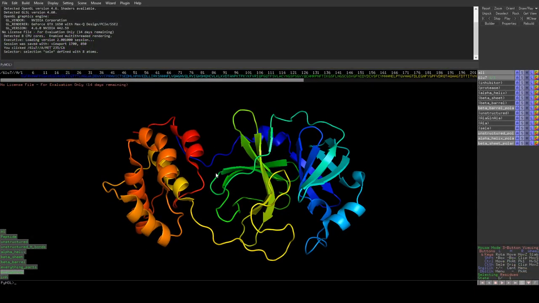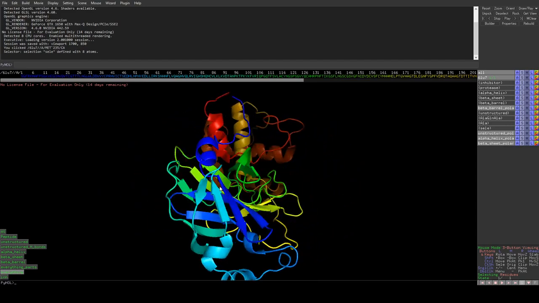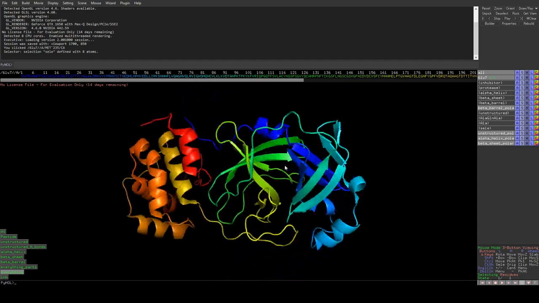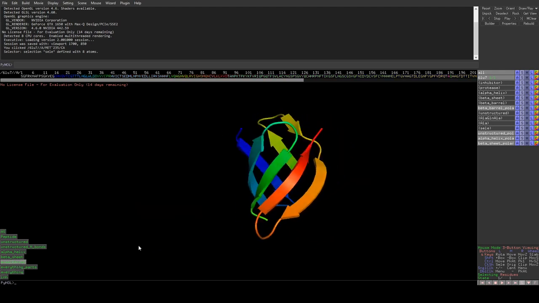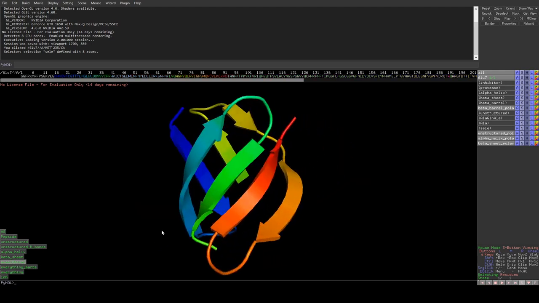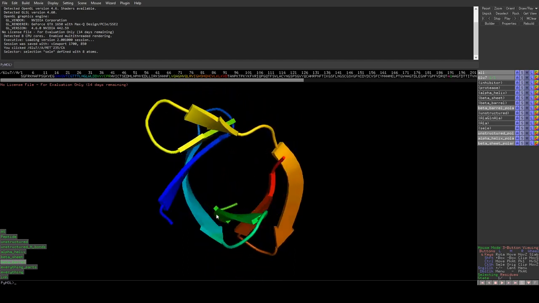I mean, you can see it perhaps in the overview when you look at everything, but you have kind of 2 beta barrels in here, right? If it's hard for you to see, click on the bottom left where it says beta barrel. I hid all the other amino acids and only showed you the ones that are part of this beta barrel,